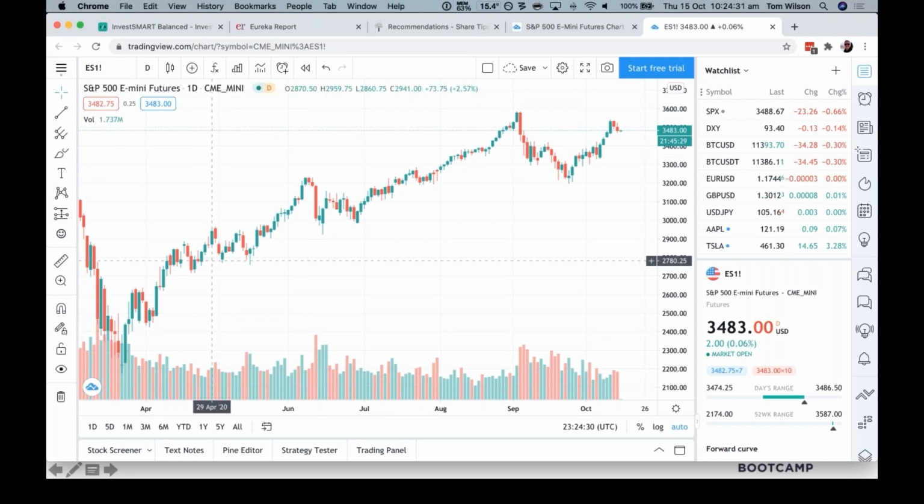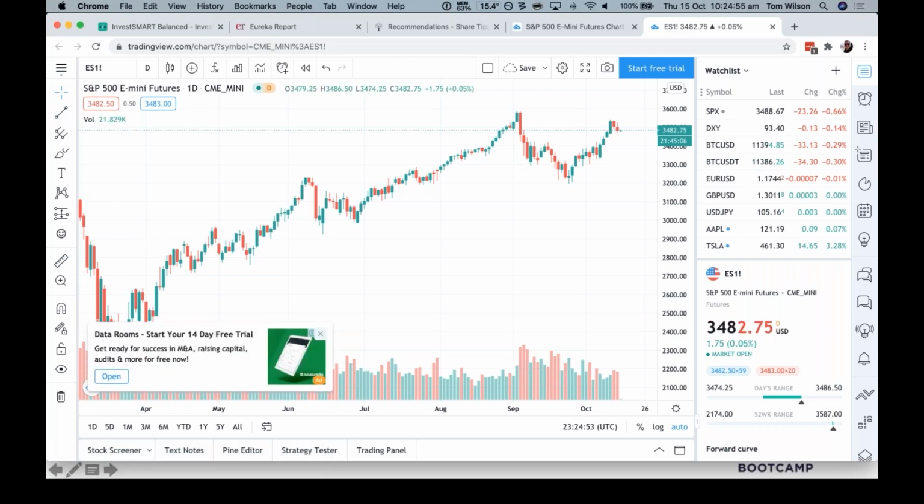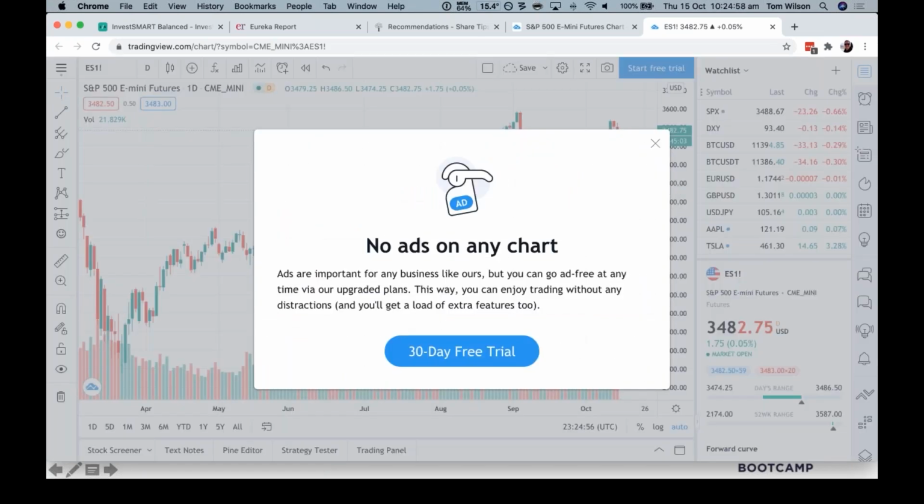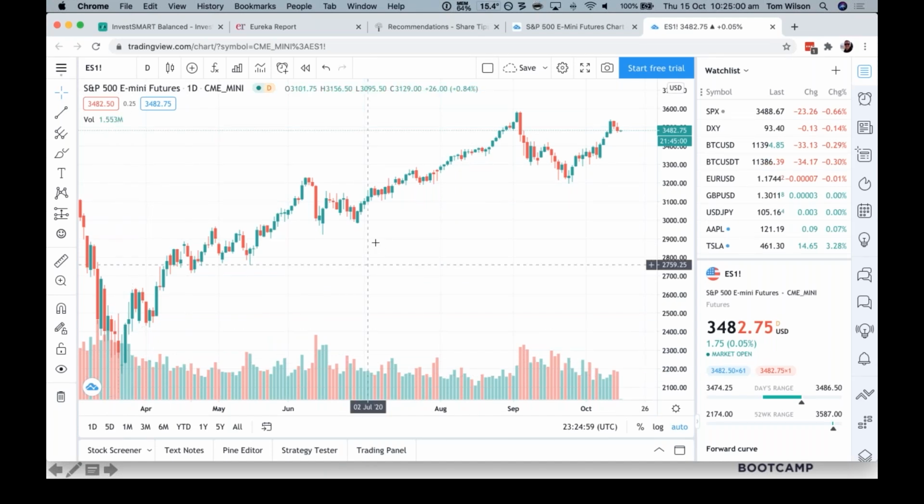So we could look at this and go back to the 23rd of March 2020, and you can see that since that time, the S&P 500 futures has trended upwards on a daily basis. People will draw trend lines, like support or resistance lines, and they might let it touch one of the candles. 2 touches is a confirmation, they call it. So they can make a decision then that when it does come back down, if we've drawn a line underneath it,